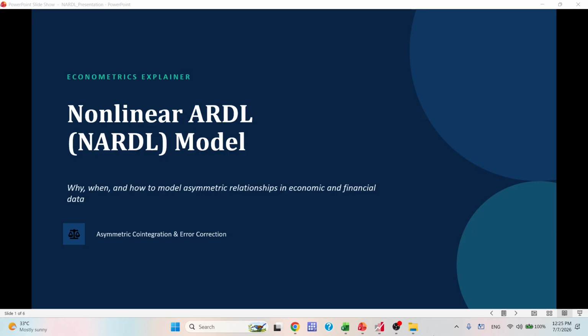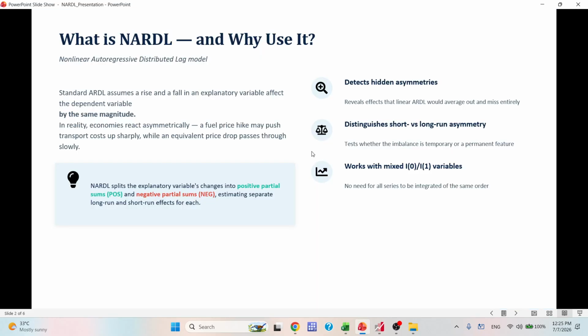So moving forward, when to use it. Basically NARDL is used to detect hidden asymmetries, it distinguishes short run versus long run, and it works both when your data set is stationary at level and when it is stationary at first difference. You cannot apply NARDL when any of your variables is stationary at second